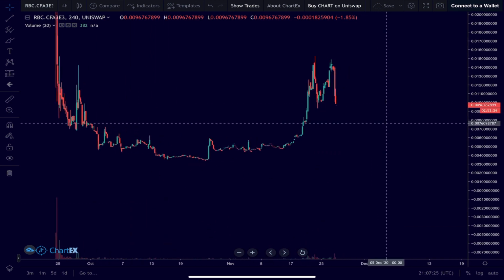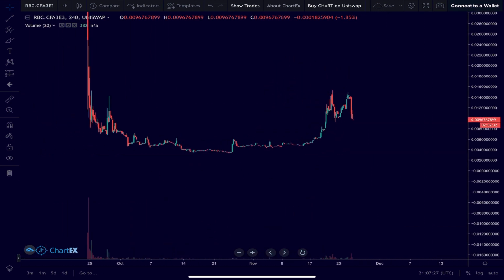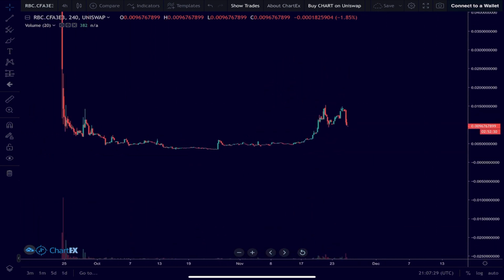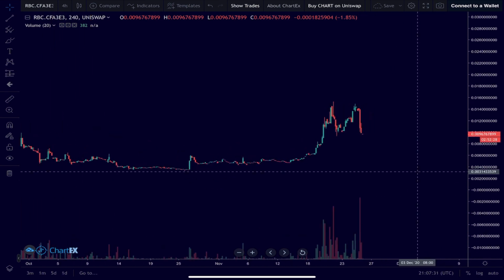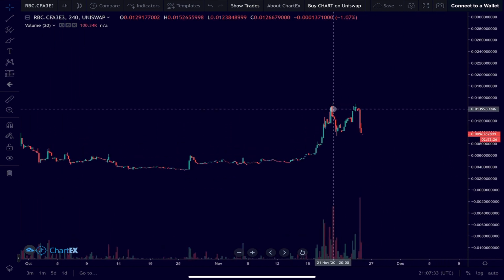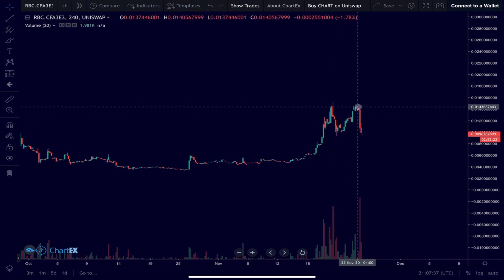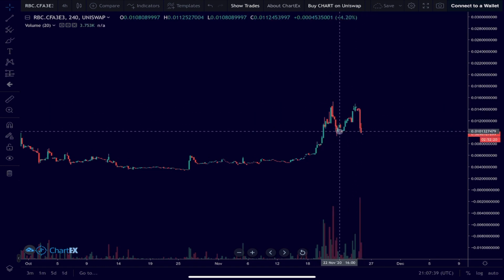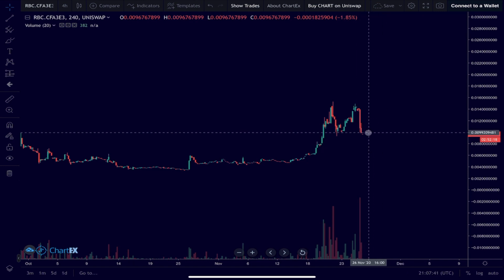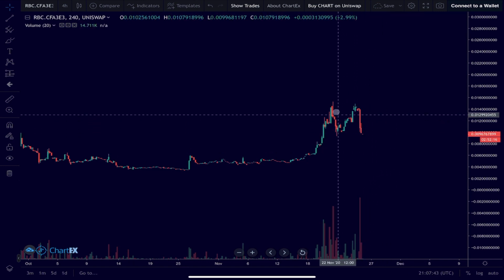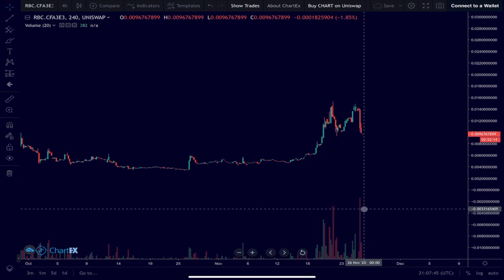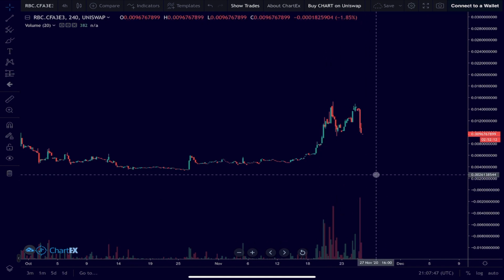I can't draw drawings, I'm on an iPad. For those of you who are on a normal computer, you can draw drawings here, but you've got your buyer's climax, your automatic reaction, your secondary test, and now we have our second test in phase B. So this looked good up until this volume spike right here, but it's very hard.